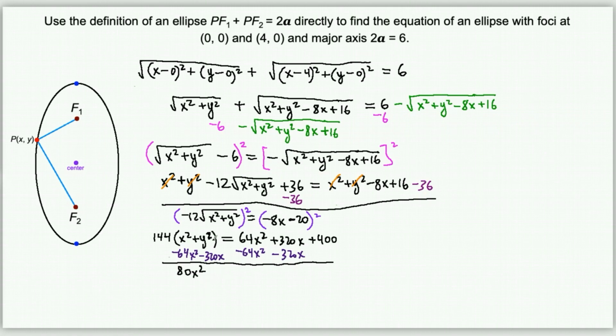And then 144y squared, we don't have any y squared there, so we can just keep it 144y squared, and we keep the sign, minus 320x, is equal to 400. And now actually let's divide,